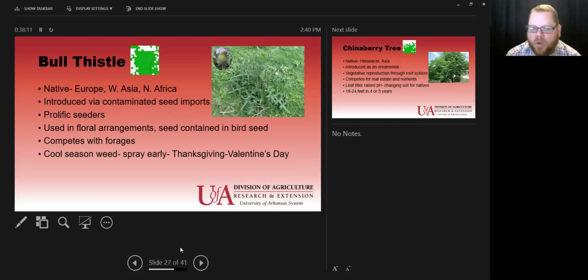So I put bull thistle. We can put any thistle here. Thistles of any type, especially Pike County and southwest Arkansas, we see musk thistles more than we see bull thistles or sow thistles. But any thistle, we know that a lot of these things still apply to them. So they were native in Europe, Western Asia, and Northern Africa. And it's thought that they were introduced to the United States with contaminated seed imports. So especially in the early days when we imported a lot of seeds into this country, 1800s,